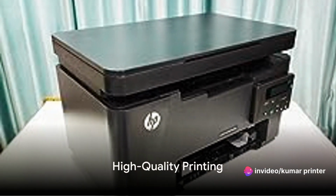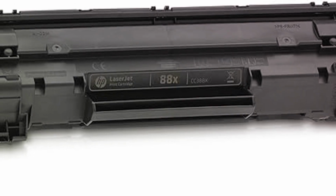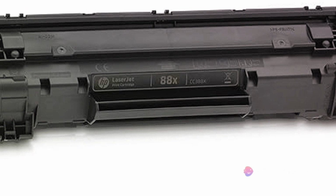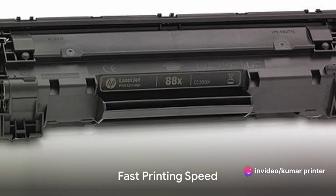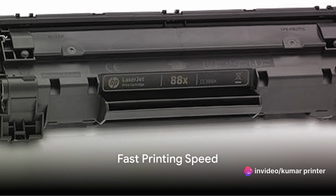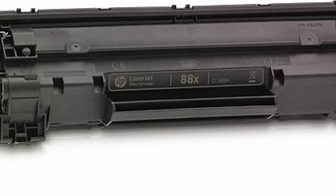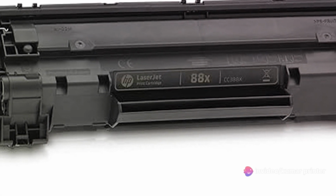With the LaserJet Pro MFP M1026A printer, you can expect high-quality printing. It delivers sharp and clear prints with its laser printing technology. Say goodbye to blurry or faded prints. Time is precious, and this printer understands that. It boasts an impressive printing speed of up to 20 pages per minute, ensuring you can get your documents printed